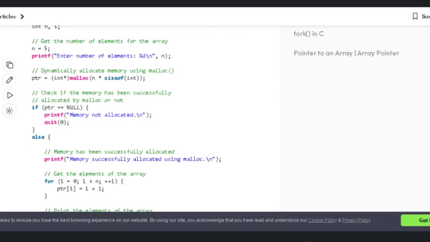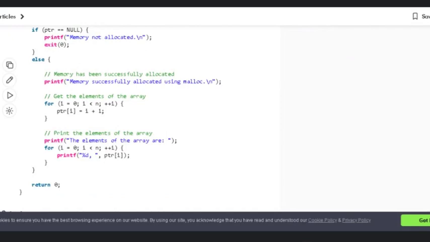So 'memory is not allocated' is a message printed on the output screen. And if sufficient memory is allocated successfully, then the pointer is not going to return the value null. So else, memory has been successfully allocated using malloc.